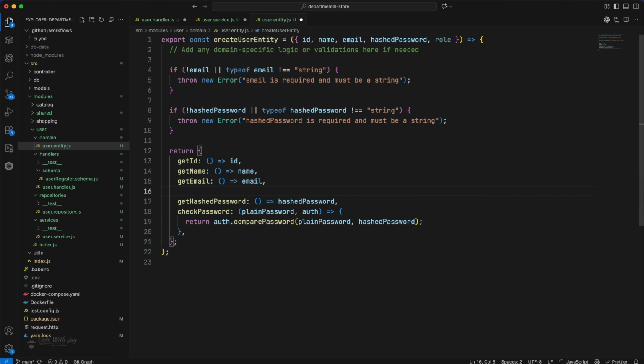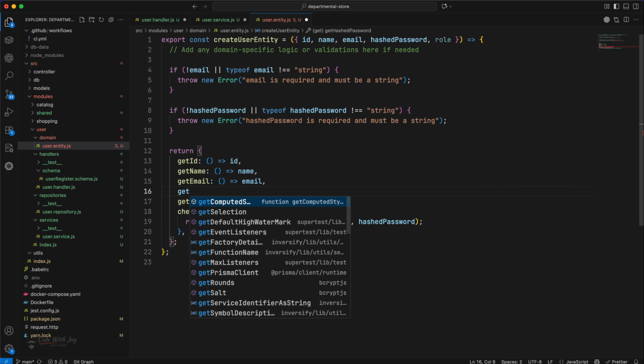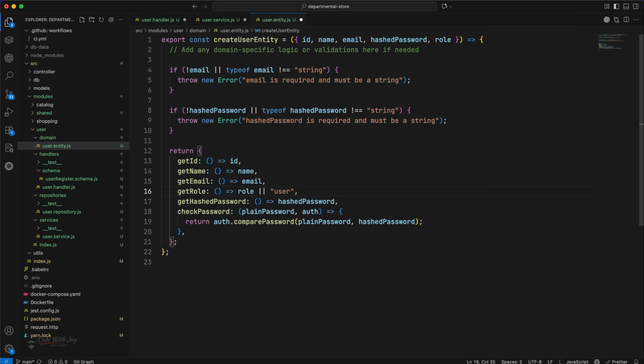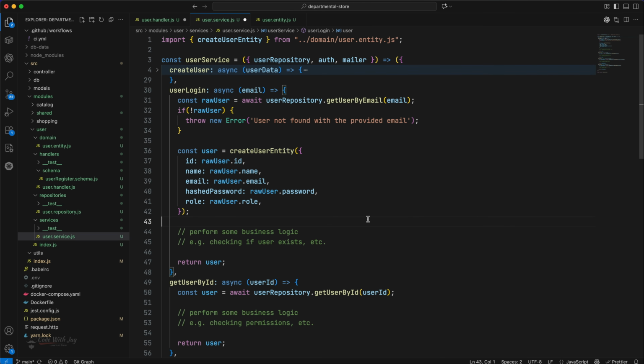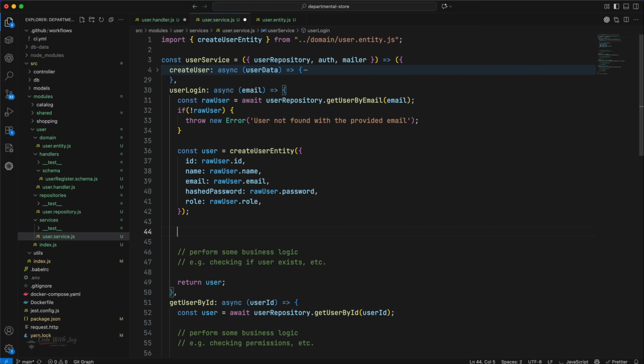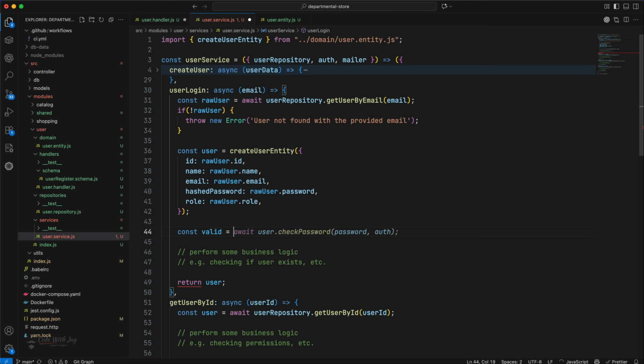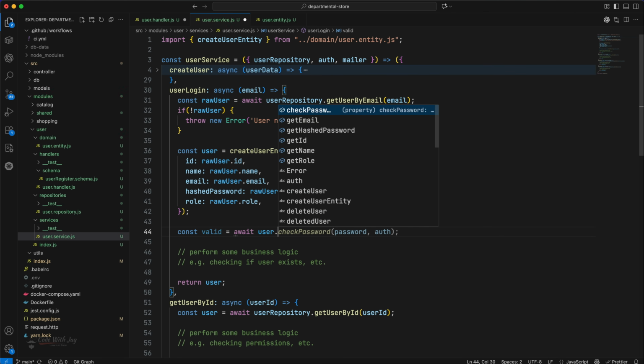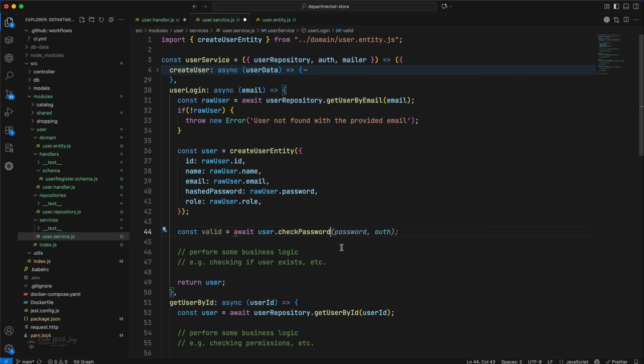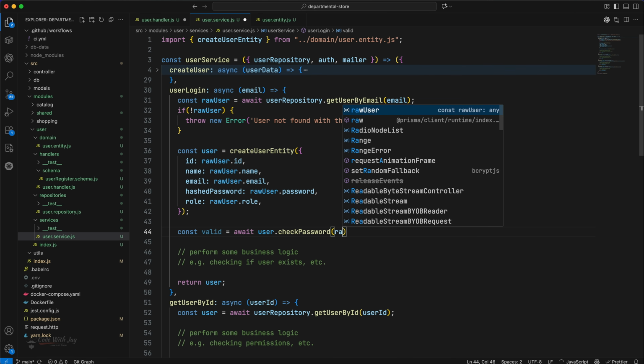So you can just provide this get rule, right? So rule, perfect. So now let's go here. Then we have our user. So now we can check this user, right? Maybe we can say const valid, we can say await user.checkPassword, right? Can you see this checkPassword? This checkPassword is going to take the password that we have received from the raw user. And here we can simply pass the raw user,